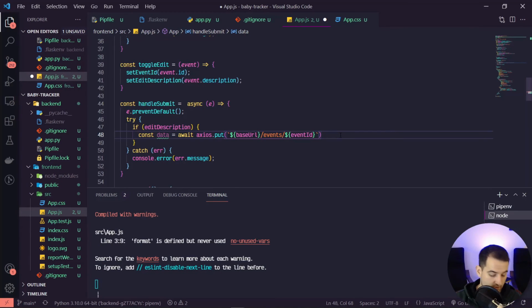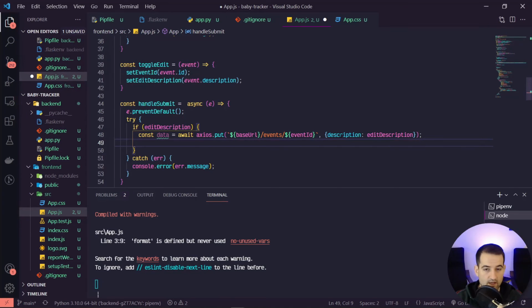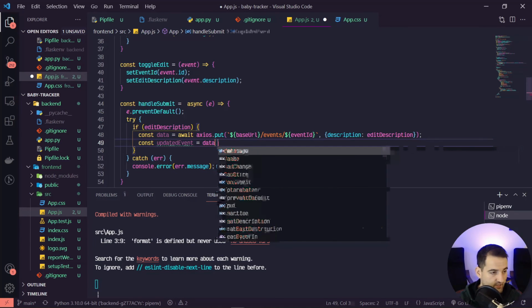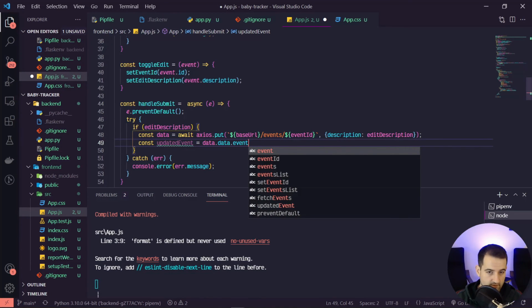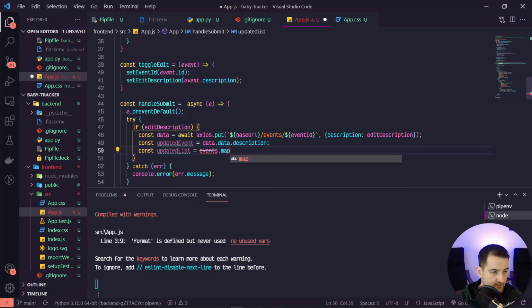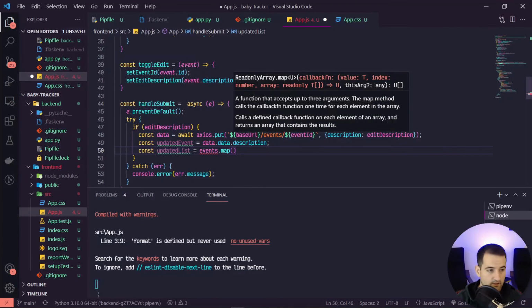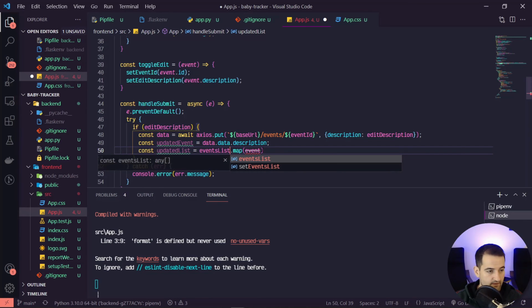And then similar to our regular handle submit, we'll pass in a description, but in this case, it'll be our edit description. Our updated event is going to be equal to data.data.event, or description, excuse me. And then our updated list is going to be equal to events.map. And for each event, and again, this is events list. For each event,